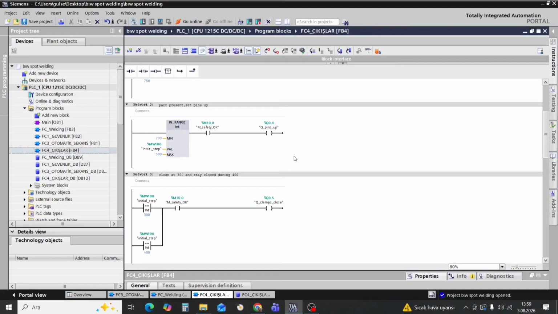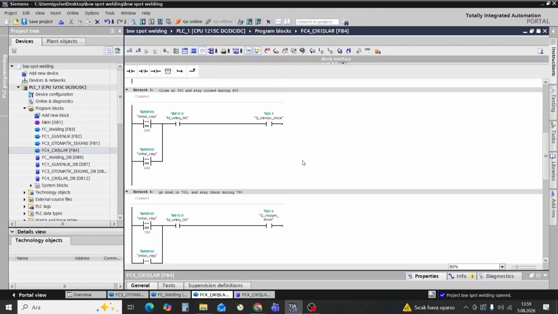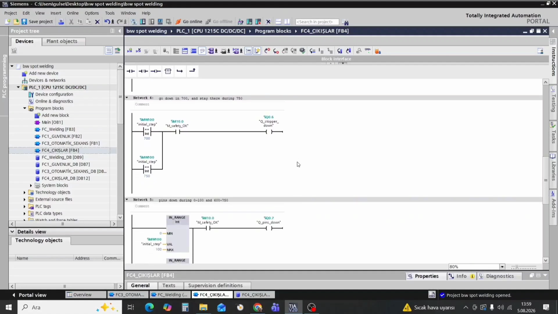Starting from step 200 to step 500, I need locating pins to be set up. For this purpose, I've used in-range data block. Well, the clamp close bit has a shorter cycle time compared to the pins up bit, so instead of using in-range block, I've just connected the 2 steps that it needs to be operating in parallel, and same for the